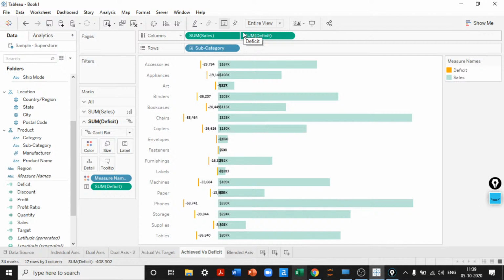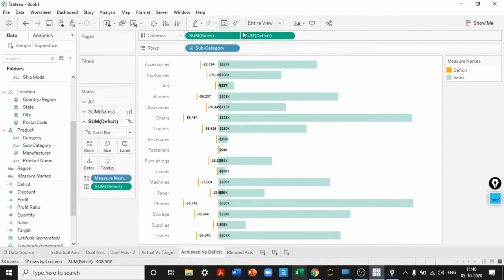So how can I go ahead and build a chart which will let me compare multiple things, or how can I improve the performance? While in dual axis, the problem is having only two charts, and two different mark shelves will be created. These two mark shelves will actually consume more memory than the other ones. So it becomes really tough when we have multiple dual axes in the dashboard,